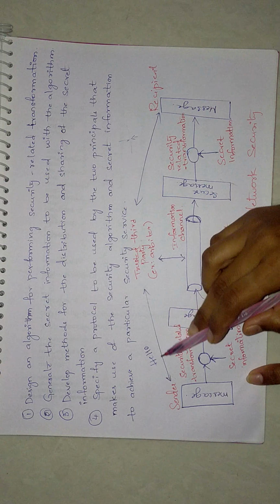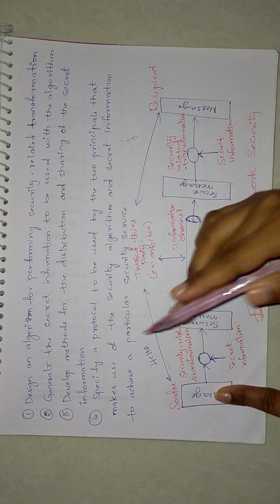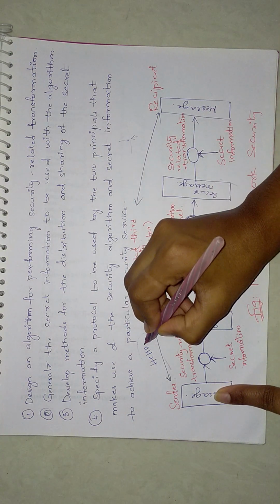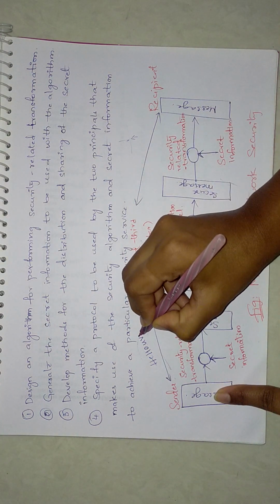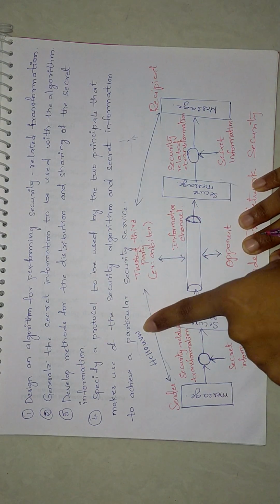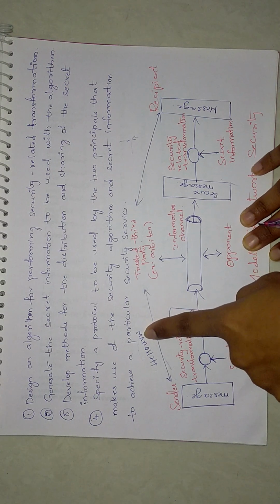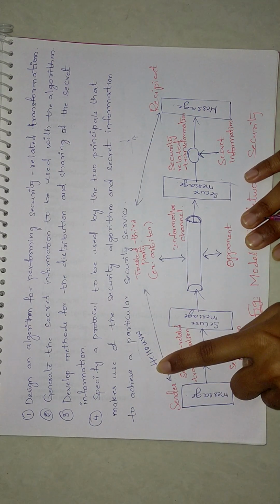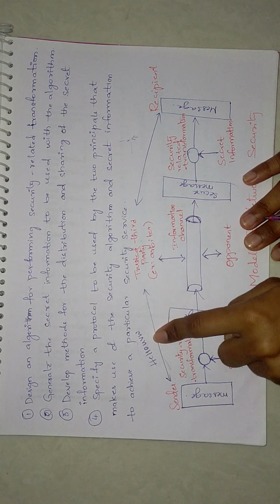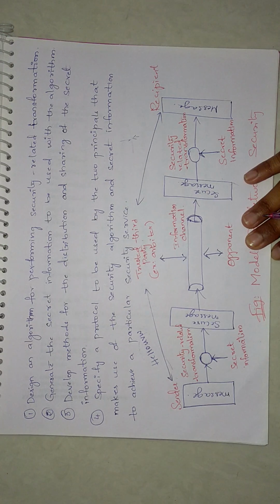Okay, this is the actual message that the sender wants to send. Now a secret information will be added. For example, we will add UVW. Okay, enough. It doesn't mean that it will be added only at the end. It can be at the beginning, or appended, or in between these letters, or it can be added as padding bits as well, so that the secure message and the secret information will depend upon the principles of the trusted third party.